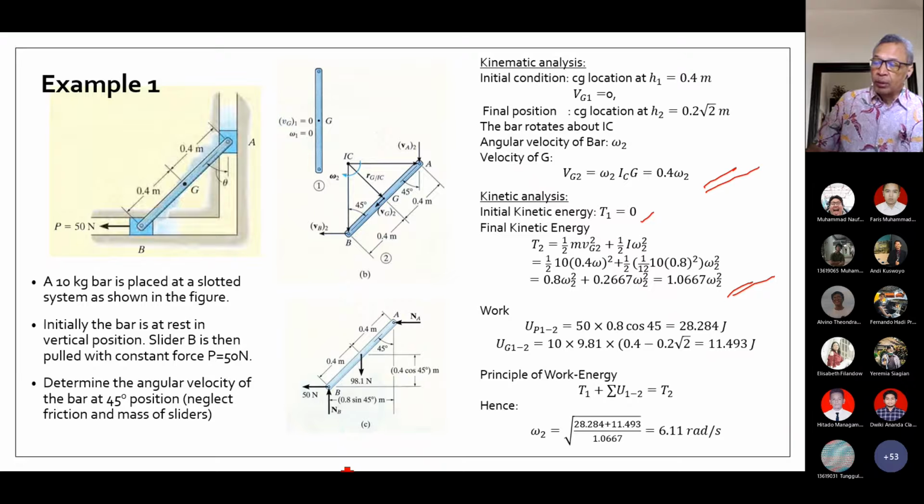Oke, jadi di contoh ini kita melihat bagaimana kita mengevaluasi kecepatan satu benda kaku yang kita constrain, dia hanya bisa bergerak vertikal di sini, dan ini hanya bergerak horizontal. Kinematic analysis kita lakukan untuk melihat bagaimana kecepatan di awal. Jelas kita bilang kasusnya ini dia diam, kecepatannya 0. Kecepatan di CG-nya 0 translasi dan 0 rotasi. Jadi dengan 0 kecepatan translasi dan rotasi di sini, maka semua titik akan 0.